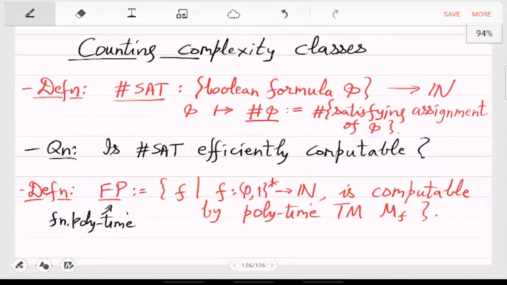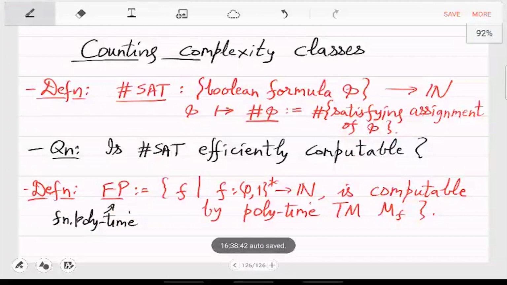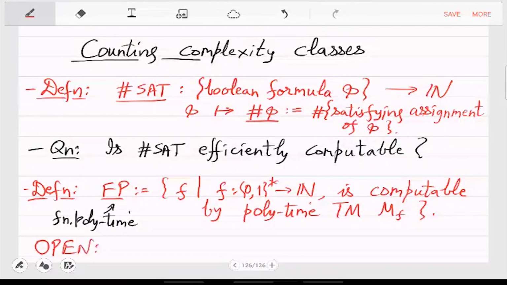And now we formalize the question. Is #SAT in FP? So given a Boolean formula, can you count the number of satisfying assignments in polynomial time by a deterministic Turing machine? And the conjecture is that you cannot,